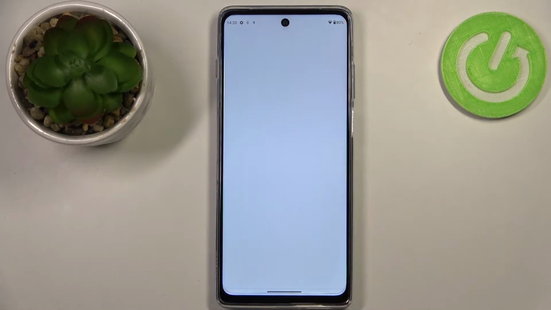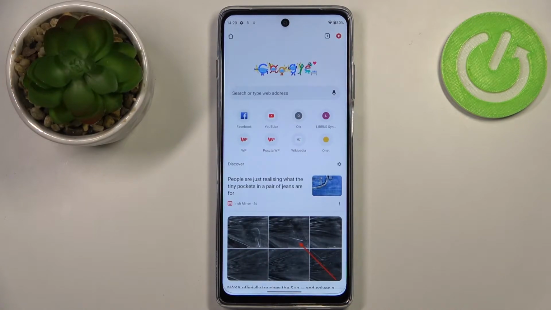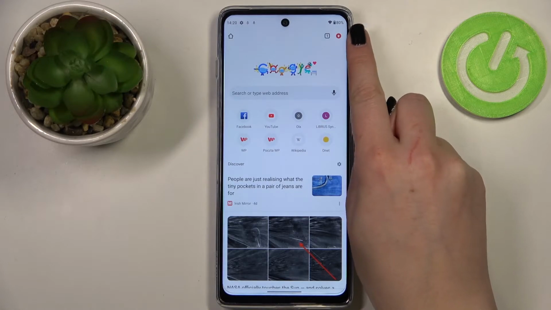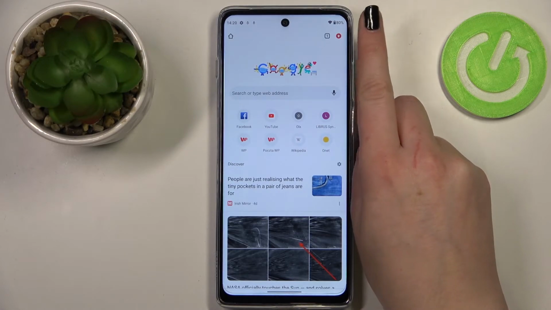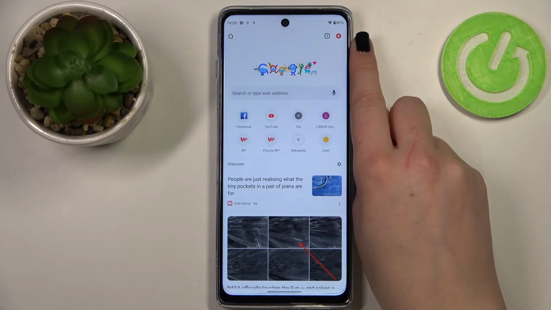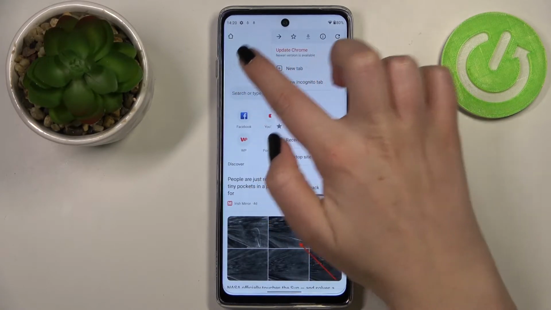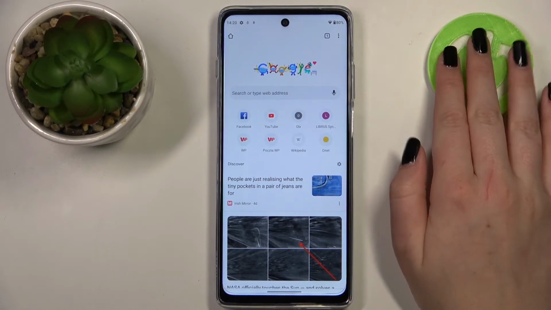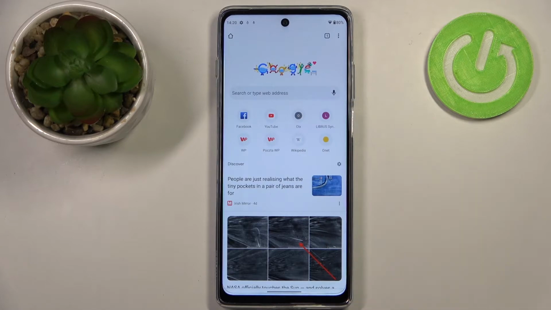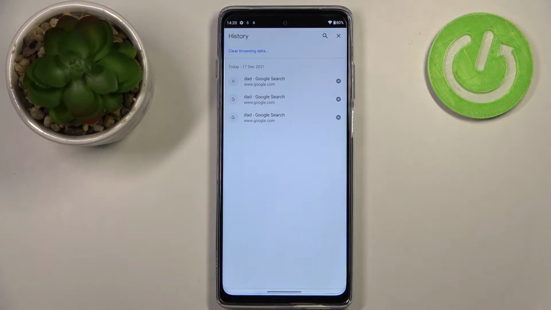So first of all, let's open the browser. In my case it would be Google Chrome, and now all we have to do is to simply enter the settings. So let's tap on the three dots icon in the right upper corner. I know that it does not look like the three dots icon, but after tapping on it you can see that for sure we've got a three dots icon. So let's tap on it, enter the history, and as you can see this is the list of all previously